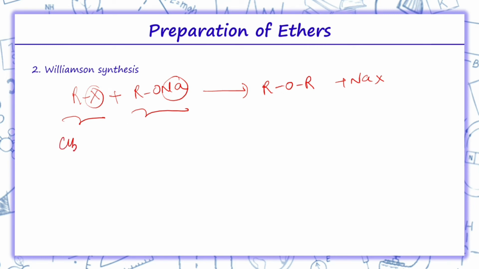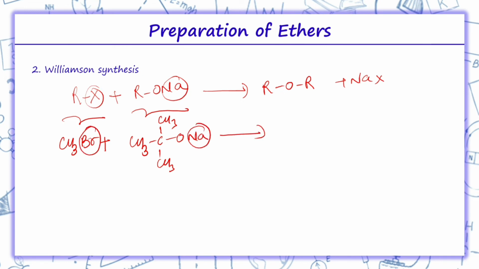We will take it like this: CH3Br plus the tertiary alkoxide, (CH3)3CONa. When it reacts, Br and Na are removed, and thus we get (CH3)3COCH3. So if the alkyl halide is primary,